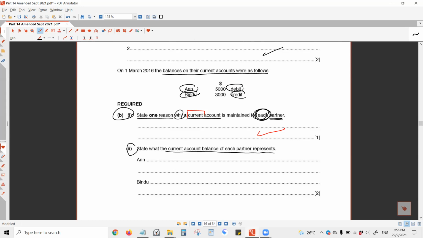What is the common mistake? The common mistake made by students is they wrote the answers the other way around. Instead of N owing the partnership, they may write partnership owes N. So you must be very clear who owes whom. Credit is good to Bindu, so the partnership owes Bindu that amount. For N, N is in a bad situation, so N owes the partnership. Don't get it the other way around. It's a very common mistake.